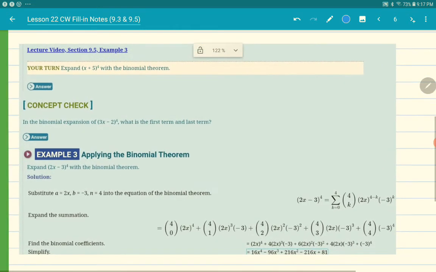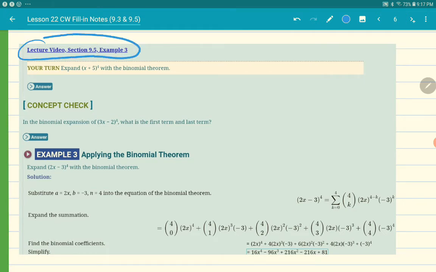Example 3 is kind of funny in your textbook. You'll see it's just a little misplacement in the text, a little typo-ish. The link usually comes at the end of the example, but on this one they just put the link to the recording in the wrong spot. That's how it came up on my textbook anyway. If you're on the computer, that might look a little different. But go ahead and watch this video. If you can't find the link after the example, then just scroll up and you should be able to find it there. But it's around page